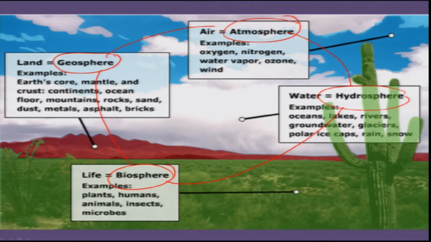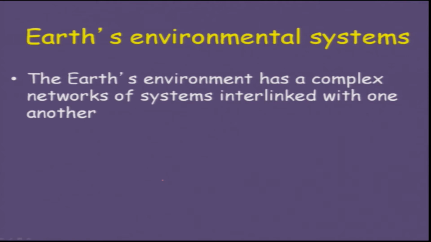We are talking about the greenhouse effect, about how we are pouring more carbon dioxide into the atmosphere and forcefully trying to change the climate. We are moving towards hotter climatic conditions. We are melting the polar ice and all that. Those things are extremely important. So, all systems are interlinked with one another. If you disturb one, the other will be affected.